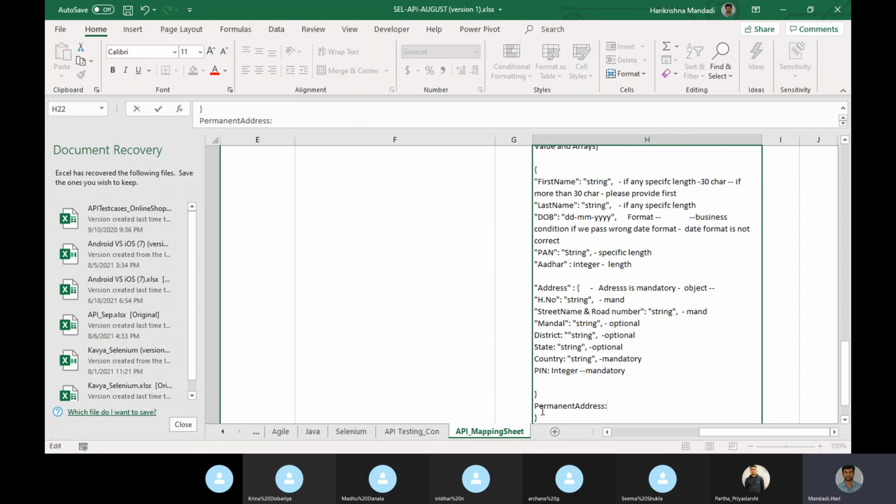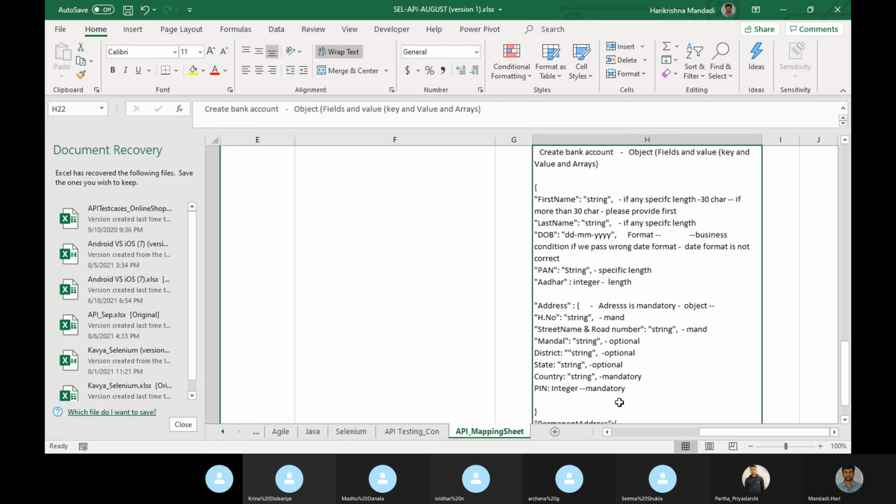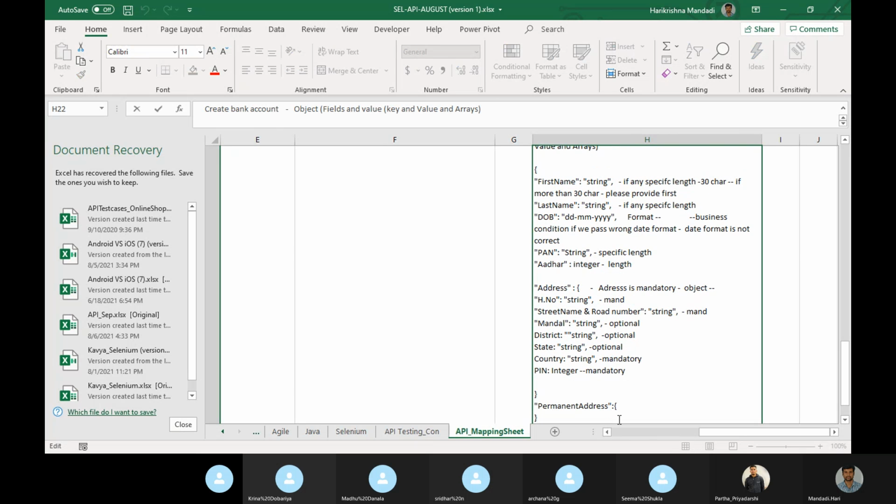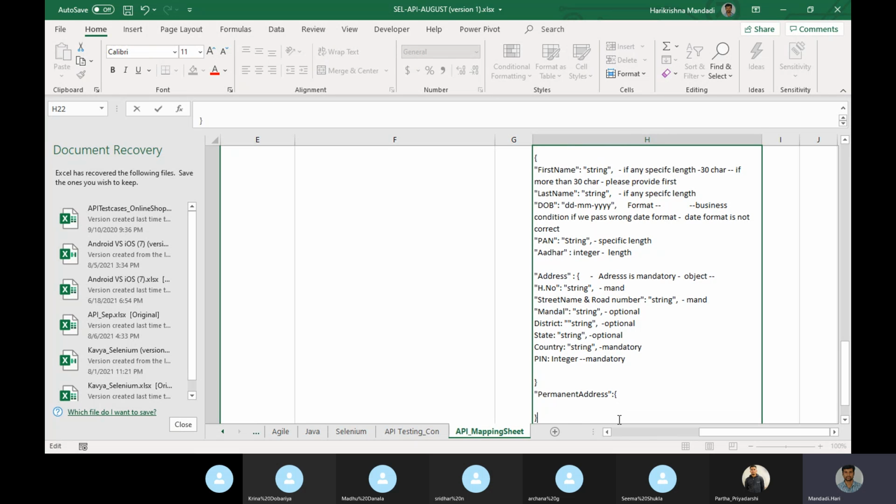If there is a permanent address, that is one more object. In this case, this is one object. Again here, this is one more object.